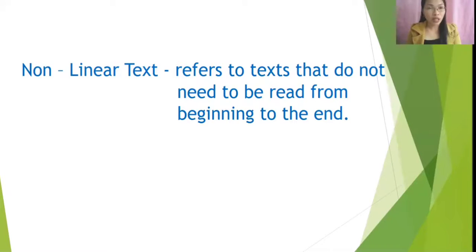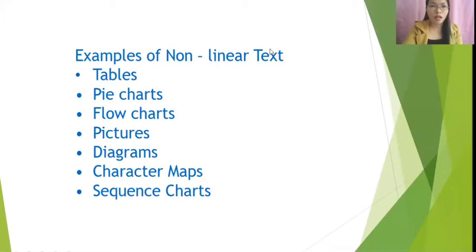And non-linear text has many reading paths, since it's the reader who will decide the sequence of reading and not the author of the text. Now, we will define each of the examples of non-linear text. So we have examples of non-linear text: tables, pie charts, flow charts, pictures, diagrams, character maps, and